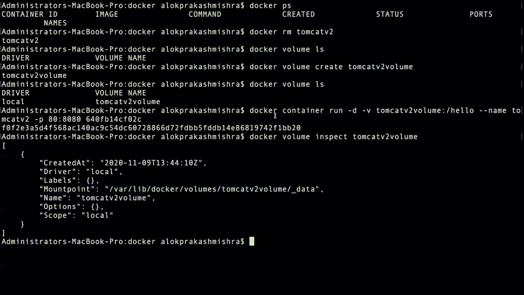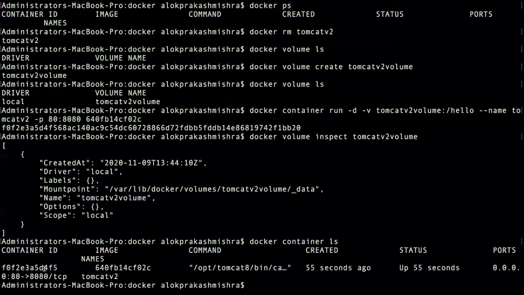Let me go inside the container. Docker container ls. Okay, so what is the command?